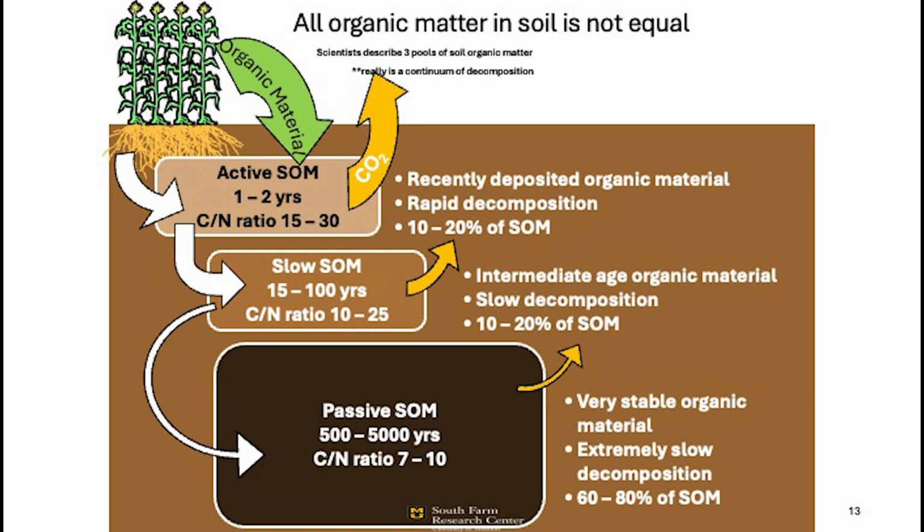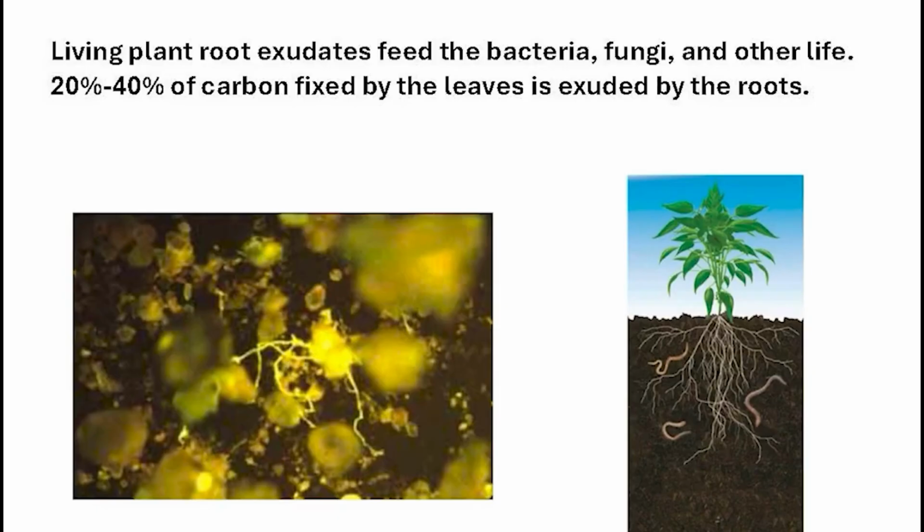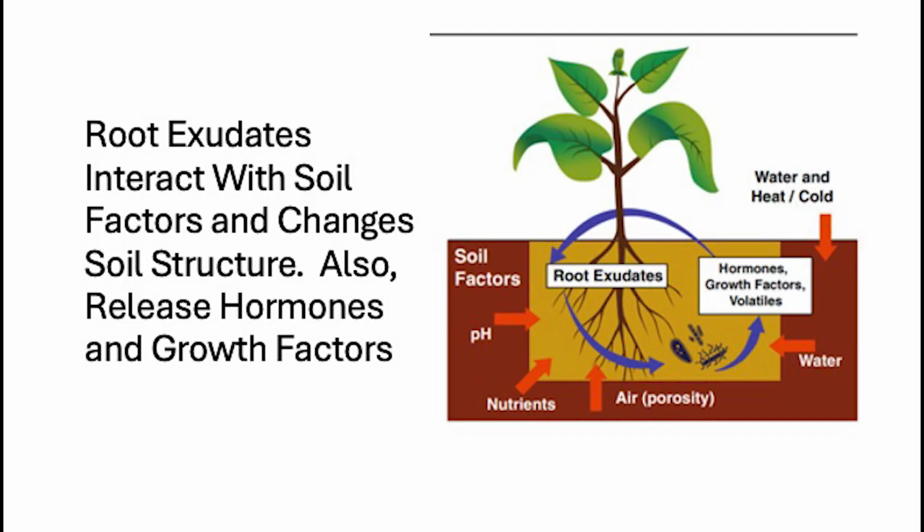Now, there's another source of food for microorganisms, and that's from the plant itself while it's still growing. As we mentioned last time, about 40% of all the carbon that is fixed in photosynthesis by the plant winds up being transported down to the roots and exudated into the rhizosphere, and those compounds are then consumed by the soil microorganisms. We're finding out more and more that plants can regulate what soil microorganisms are in the rhizosphere by the compounds that they release.